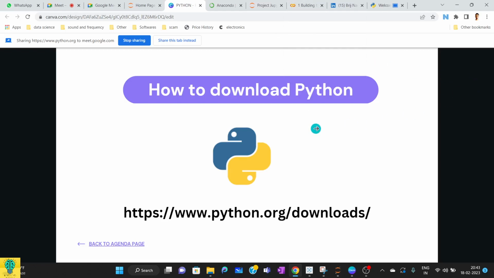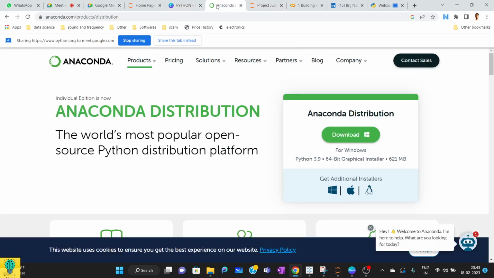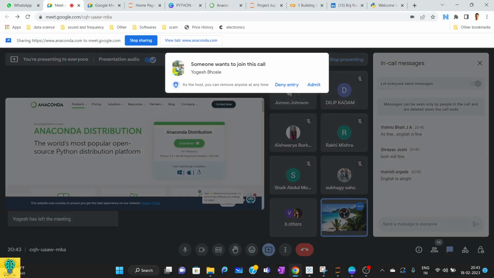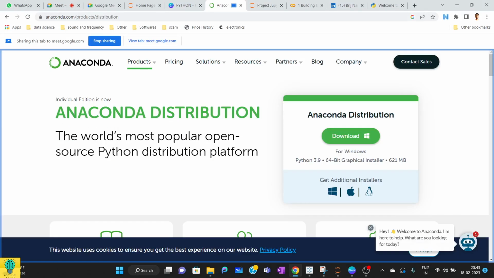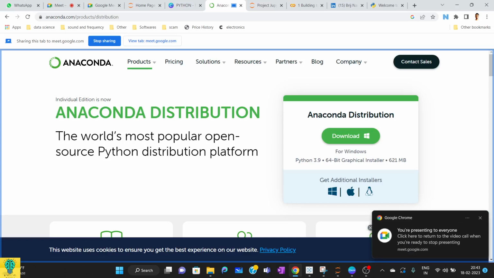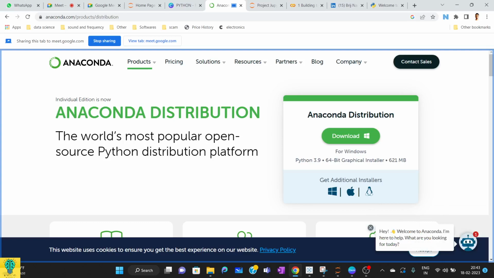So this is the language, and if you want to write your scripts or programs, you can download Anaconda. This is where it will give you leverage to write your code. This is compatible with R and Python as well. So this is a platform where you can work. There are many more, like PyCharm, but I prefer these two.